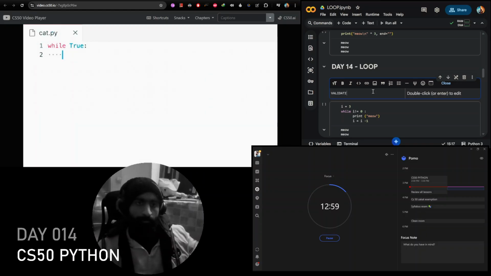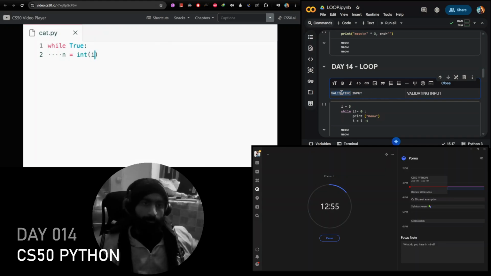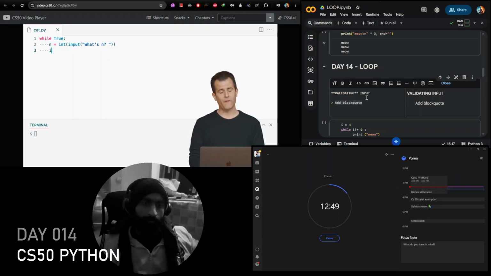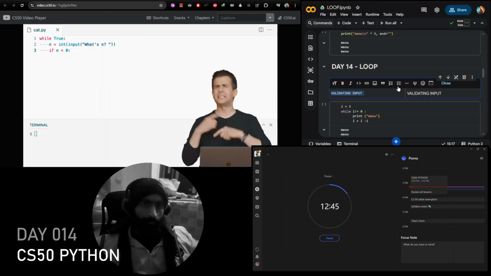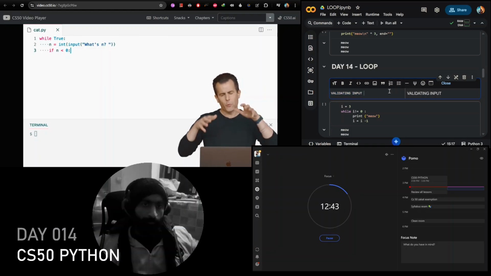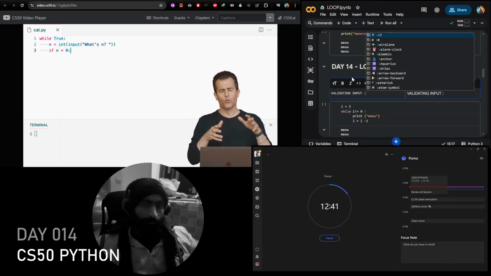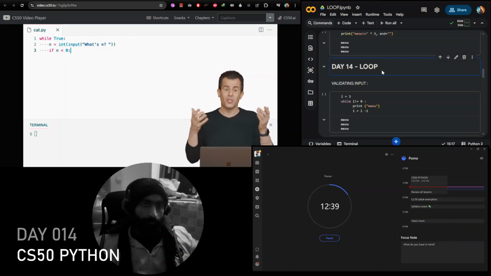The convention, though, inside of this otherwise infinite loop is to ask the question you care about, like give me an int by prompting the user for input, like what's n question mark, and then just ask your question. So if n is less than 0, then I think we want Python to just continue to prompt the user again. That is, we want the code to stay in the loop, recall the input function, and hope that the user gives us a better answer than a number less than 0.